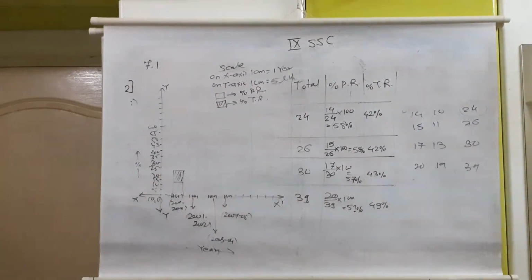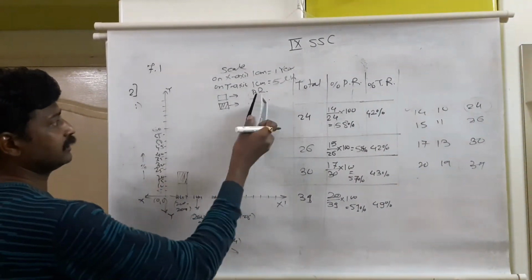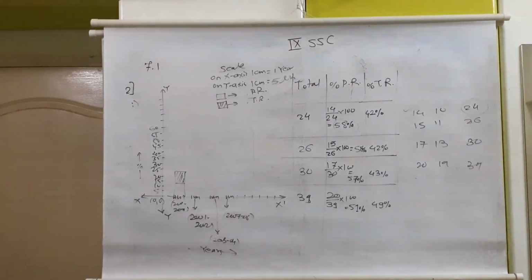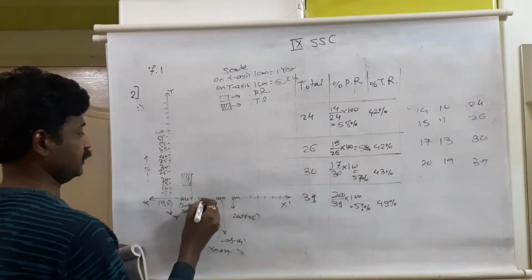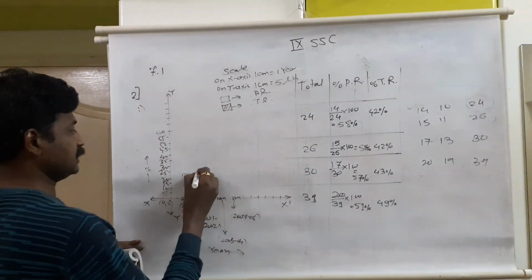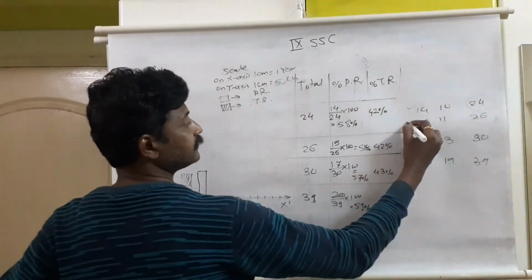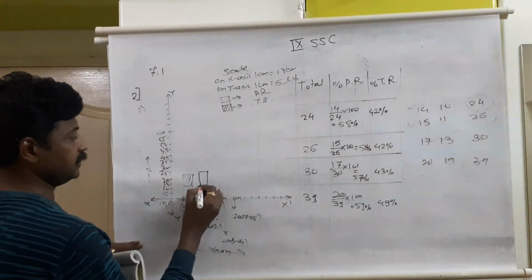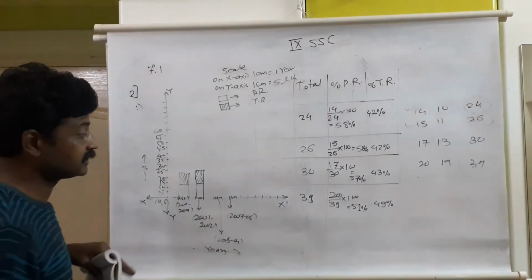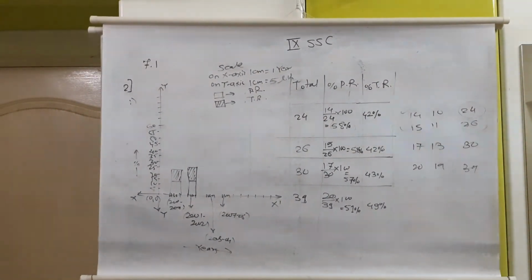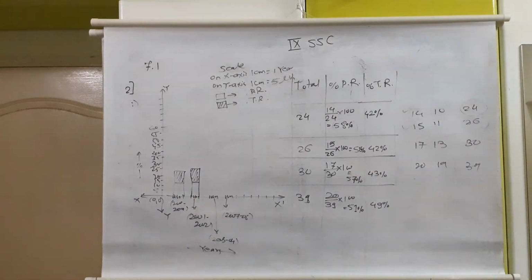Till 14 it is permanent, and the remaining is non-permanent. The non-permanent roads percentage will not come here. Blank is permanent roads and shaded is non-permanent roads. The same way for the second year, the total bar is required of 26. 26 means after 25, two small lines. Out of 26, 15 lakh kilometers are permanent, 15 is here, and the remaining 11 lakh kilometers is temporary. The same way you can draw the subdivided bar graph for the remaining 2 years.